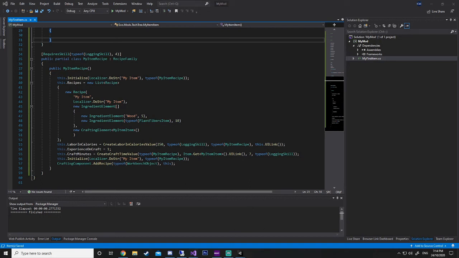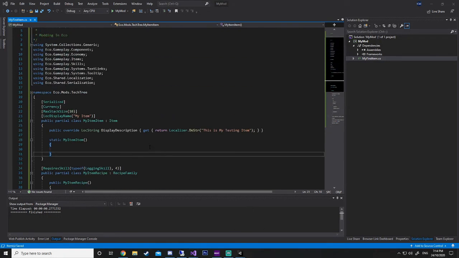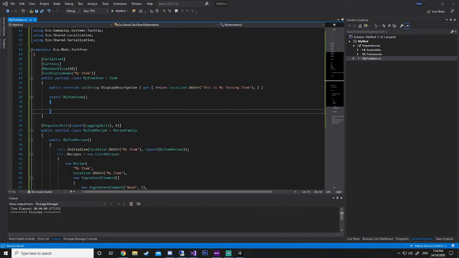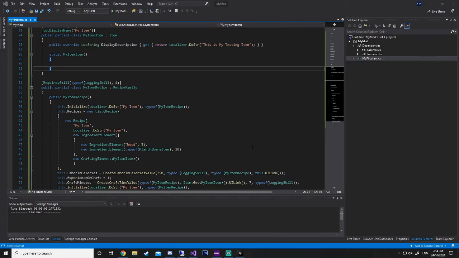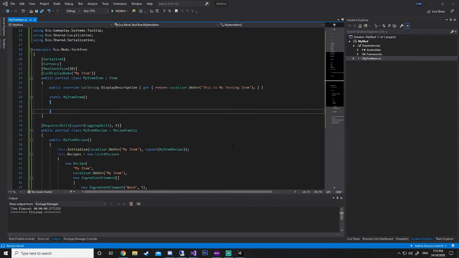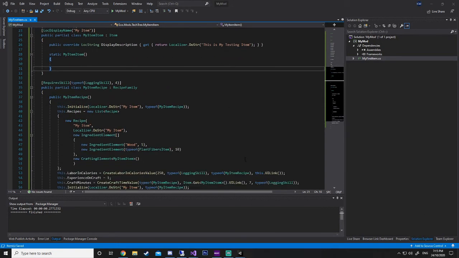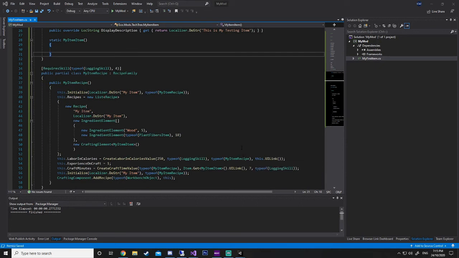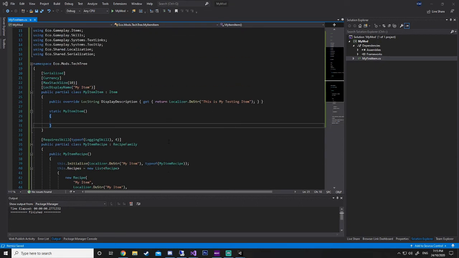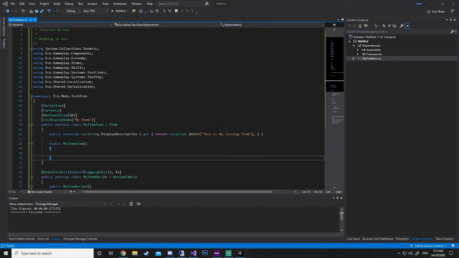There is Unity stuff that we can do to add the icon to it, which we're going to cover later on in the video. But that is how to write your first item specifically. So I'm just going to cut it here, and then I'm going to come back, and the next thing we're going to work on in our code file is adding our world object.